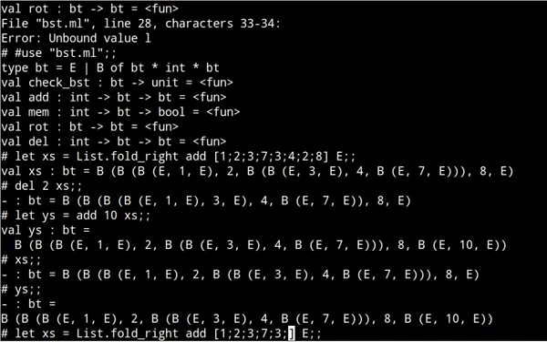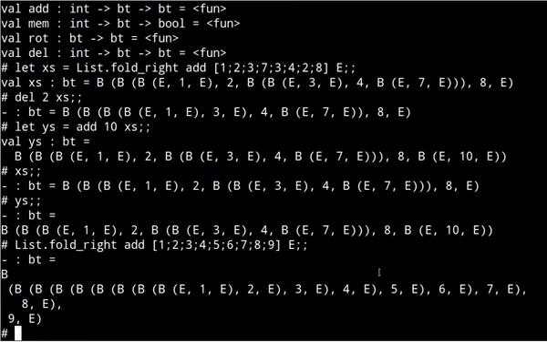What does that mean? Well, it means that if I try to construct a tree out of a sorted list, for example, what I get back is something that looks very much like the list itself. This tree is always branching towards the left, so it's a very tall and skinny tree,